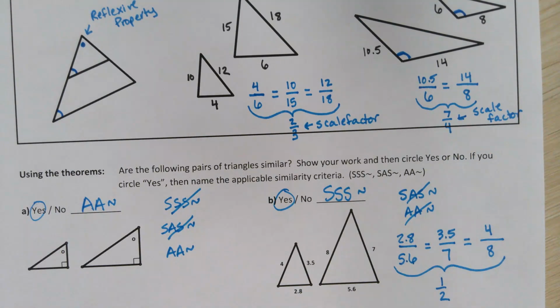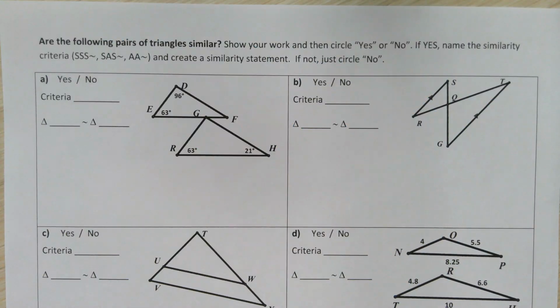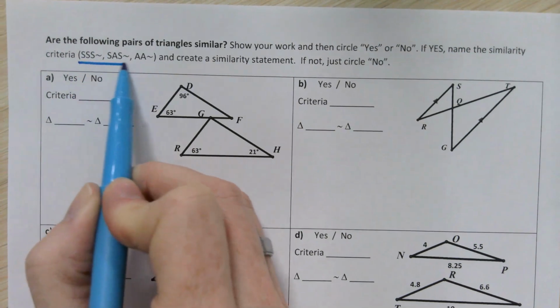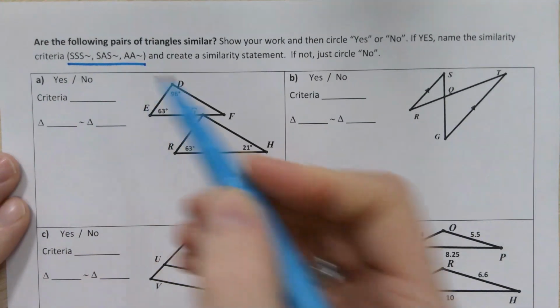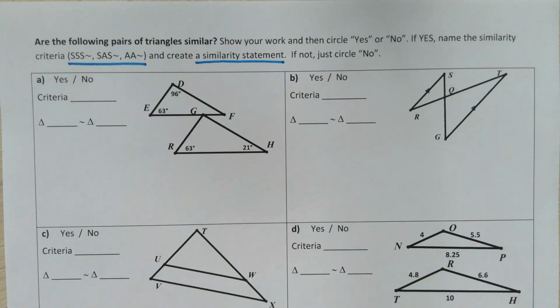All right, go ahead and turn the page and meet me back here for a few more examples as we finish out these notes for today. We are going to continue on the back with 7 more examples. These are a little bit more complicated in some cases, and they add an additional thing for us to do. So if we say yes, they are similar, we're still going to be giving the reason why out of these 3 options, but we're also going to create the similarity statement. That similarity statement is where we have to match up the letters in the triangle name to show all of